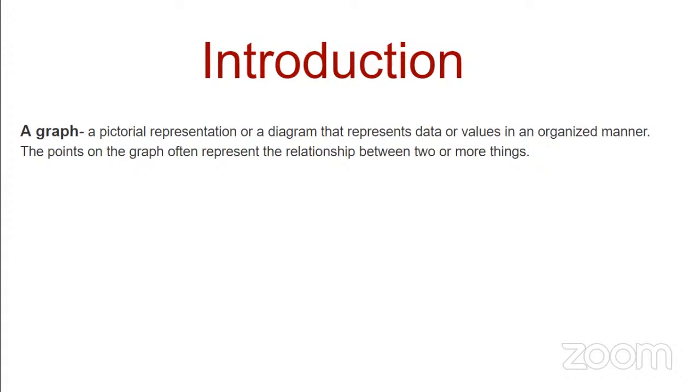So a graph is a pictorial representation of a diagram that represents data or values in an organized manner. The points of the graph often represent relationships between two or more things. So what we are doing is, when you collect the data, you're collecting data about something or somebody, but also much more than just about a particular person. You're also collecting data to explain more about that person. So what I mean by that is, it's not just random and unstructured, but it has